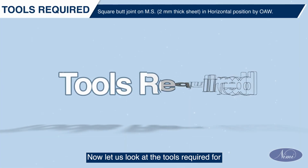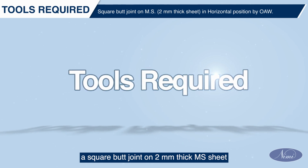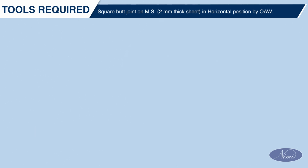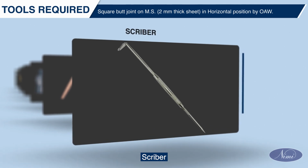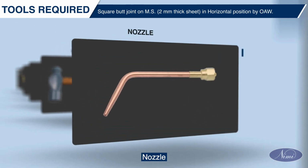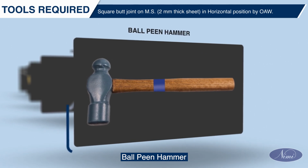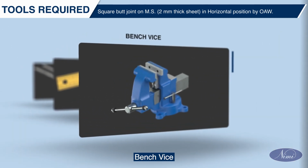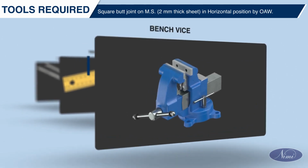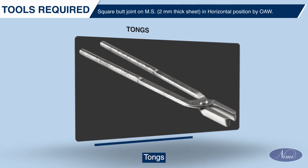Now let us look at the tools required for a square butt joint on 2 mm thick MS sheet in horizontal position using OAW process. Steel rule, scriber, nozzle, ball peen hammer, flat file, bench vise, tri-square, tongs,